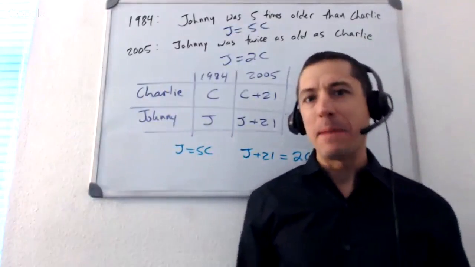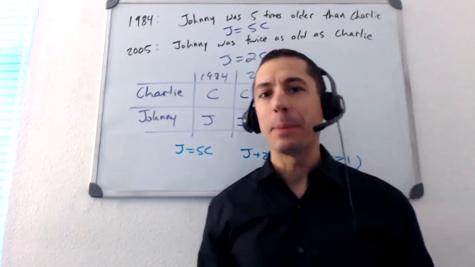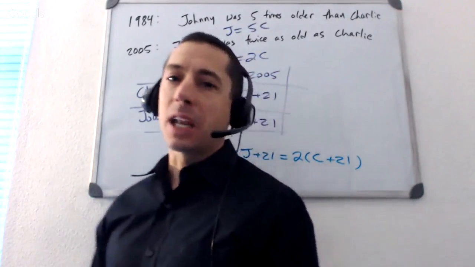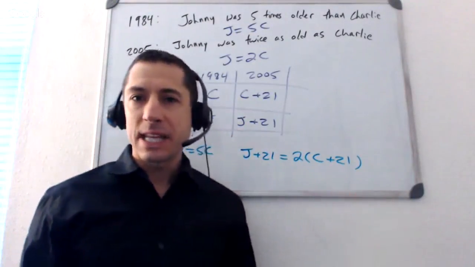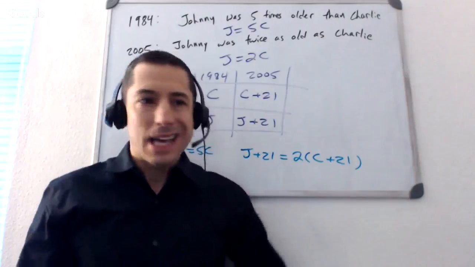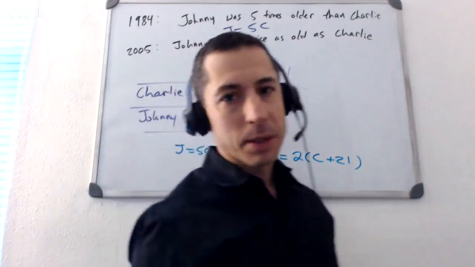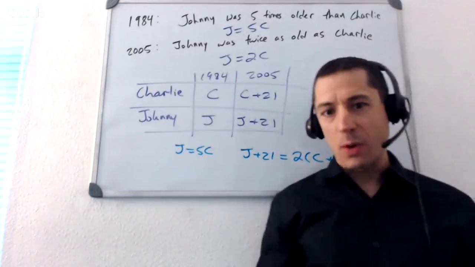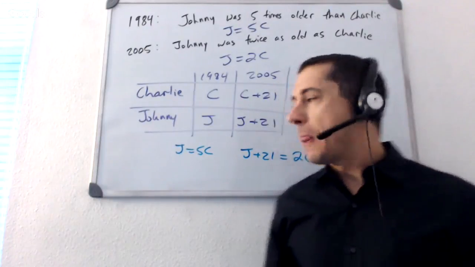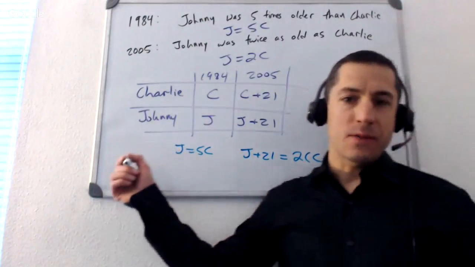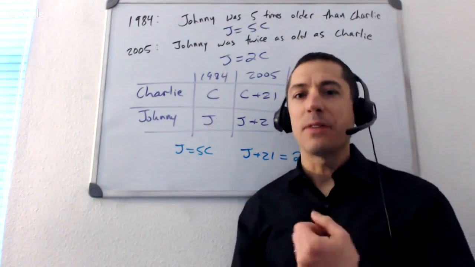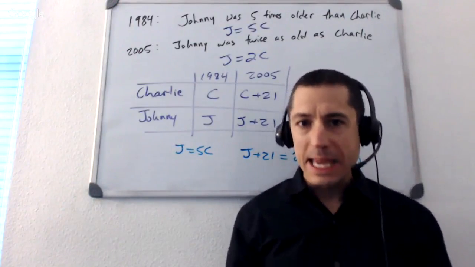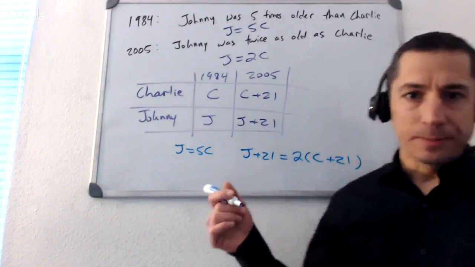So again, age problems, are they super important on the GMAT? No, you don't see that many. You can open up the official guide. You might find a couple in there depending on the edition. Not a lot of them, but I think they do a really nice job of illustrating a principle that we see all the time on all sorts of generic word translation problems, and certainly on rates, which is where we're going to spend some of our time at the end here. If you're not being super careful about what my variable means, if you just start spitting out variables without thinking about what they mean, that's where you get into trouble.